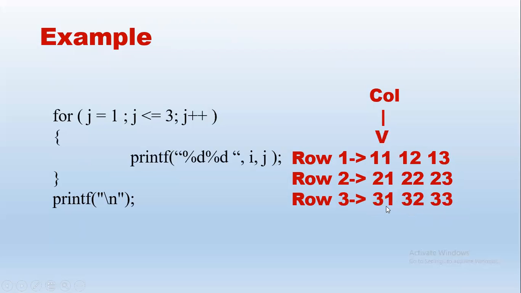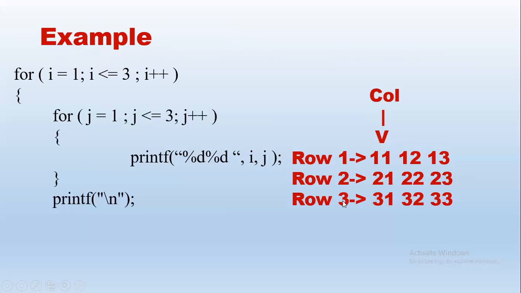So 1 is column 1, 2 is column 2, and 3 will be column 3. If we want to print this pattern, just one for loop will give us only 1, 2, 3. Now we need the row number as well as the column number. Assuming j to be the column number, let us take the row number as i. When we observe, the row also starts from 1 and ends at 3.